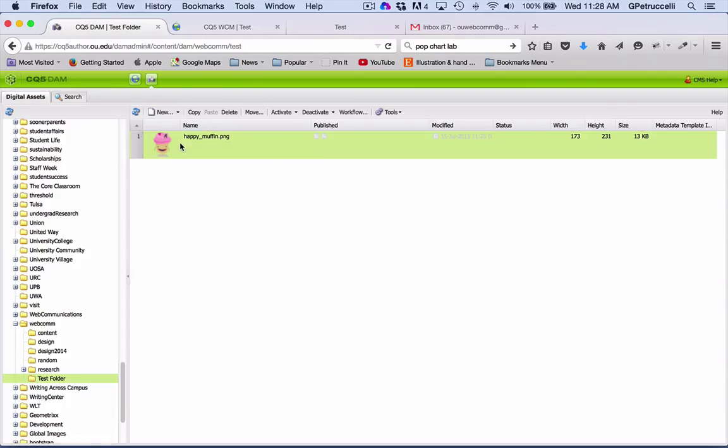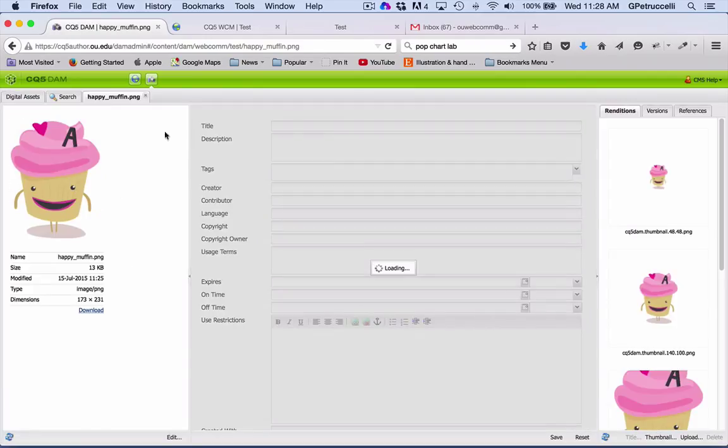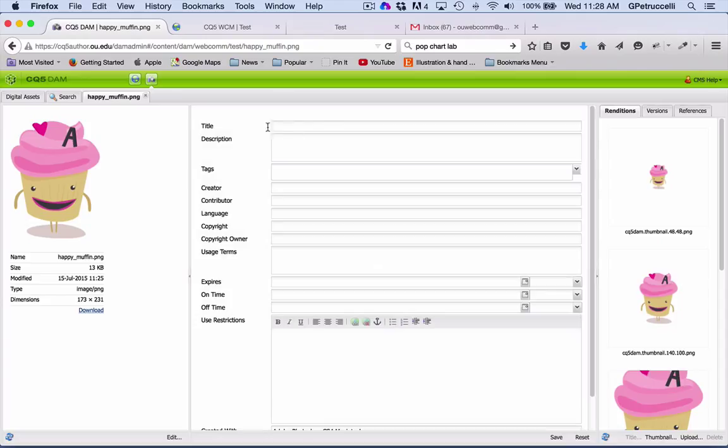I'm going to double click to open up this file and actually fill in the title field so that I can set my alt text one time and be done. In this case, I'm going to just call this Happy Muffin Cartoon. Again, your alt text is just a short description describing who or what your photo is for people with a screen reader. And this also helps you search on the local digital asset search on the page to find your